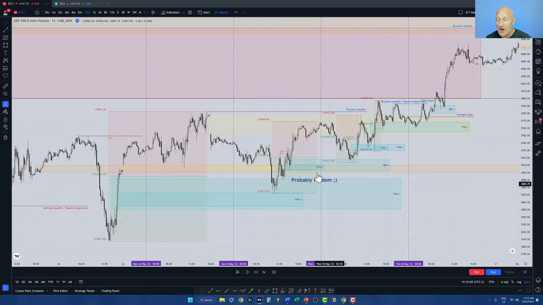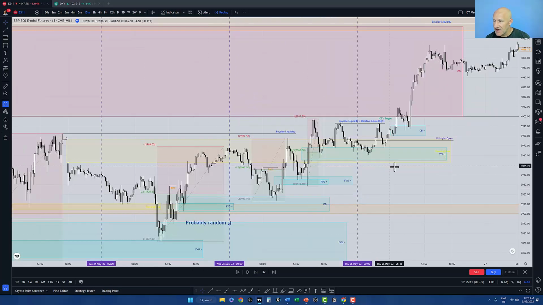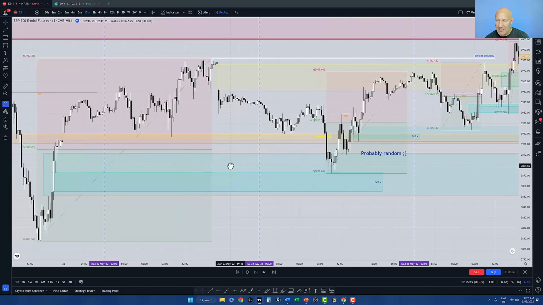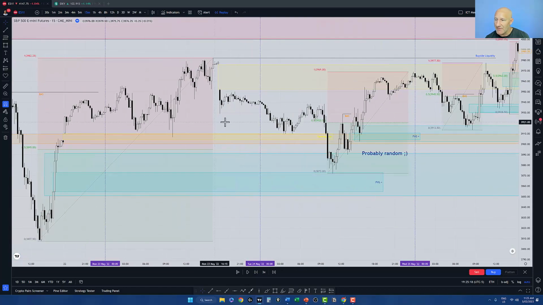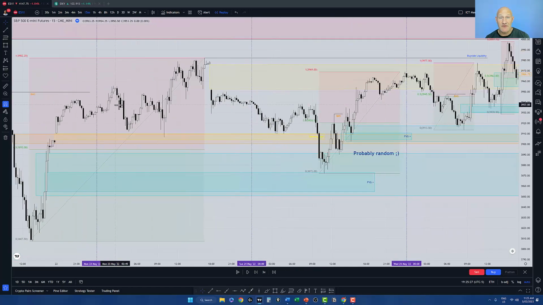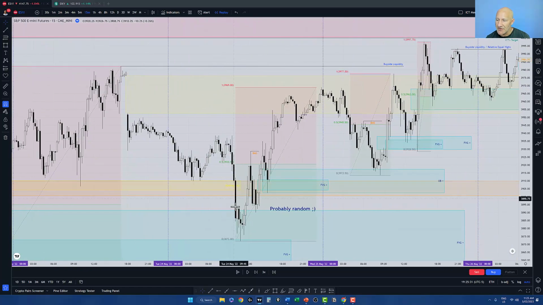And one of the things that's quite interesting about this particular setup here, if we zoom in, you can see we have an opening gap back here, just here from the Friday. And if we drag that forward, you can see how the market has used this almost like as support. We've bounced off it. And then when we finally came through it, we sliced through that. And then you can see this fair value gap here that we've created on the 15-minute chart basically matches that